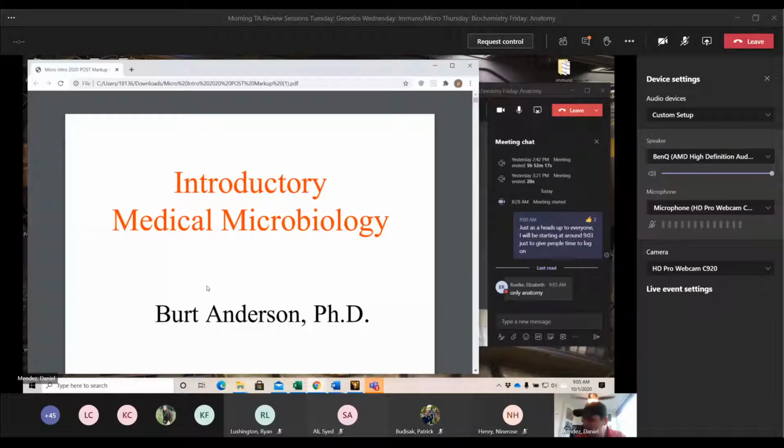I actually have them already laid out and everything, so that way I can scan them and put them on Canvas for you. I'll have one that I'm going to give you all on Wednesday. It's just going to be the first lecture, or the first microbiology bacterial lecture, your Tuesday lecture. Do remember that for this test tomorrow, the microbiome lecture does not count. That is going to be for block 2 test.